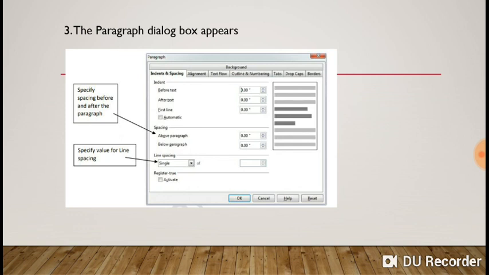Similarly, line spacing. Line spacing means the space you want to set in between two lines. That we can select from the line spacing section. By default, it is single. There are a number of options: single, double, 1.5 lines, or you can set according to your need. Custom setting is also there. Whatever points you want to give to your line spacing, we can set. And after that, click on the OK button.